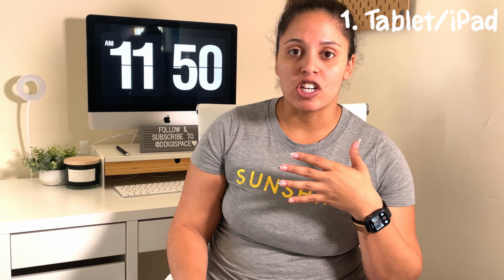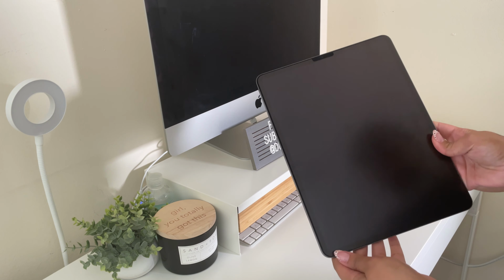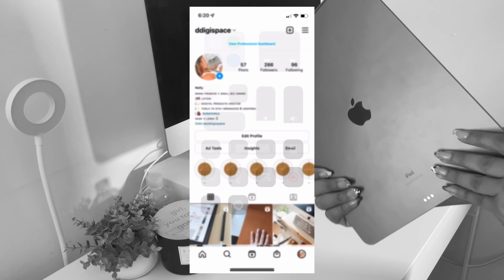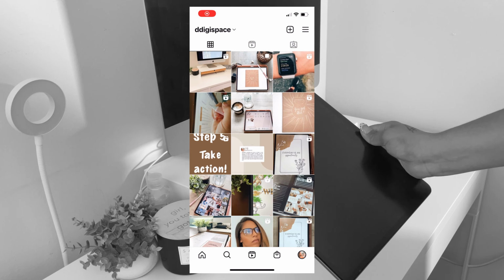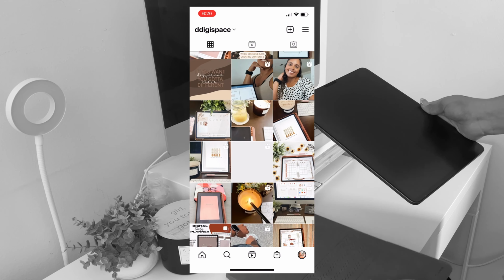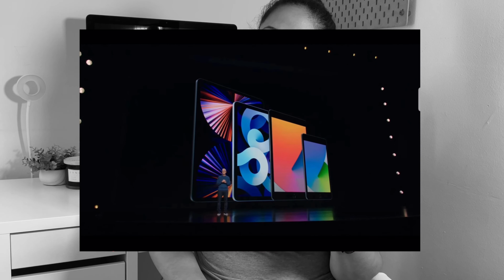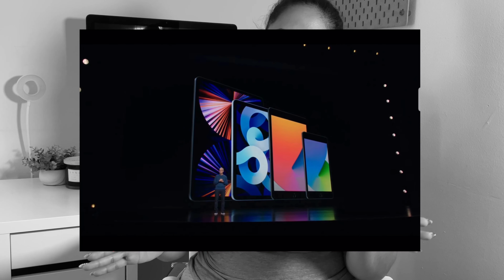My recommendation is definitely an iPad. I absolutely love my iPad. If you don't follow me on Instagram, I literally post on my iPad all the time. That is a tablet that I use because it is just so versatile and there are just so many features jam-packed into the iPad. Honestly, you can make an entire YouTube video about it, and there are so many YouTube videos about iPads, but Apple just recently had their annual event explaining all of the new products coming out,